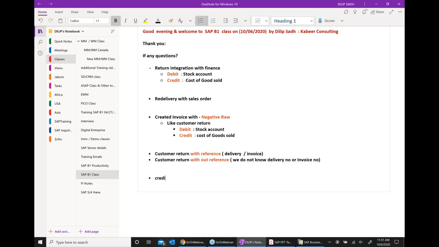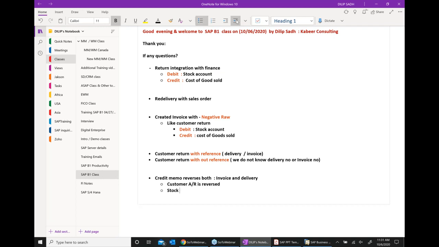Credit memo reverses both invoice and delivery. What is the meaning of that? That basically means customer AR is reversed.